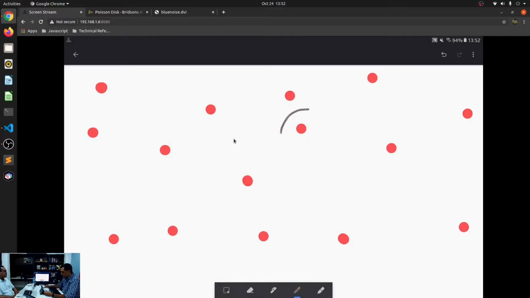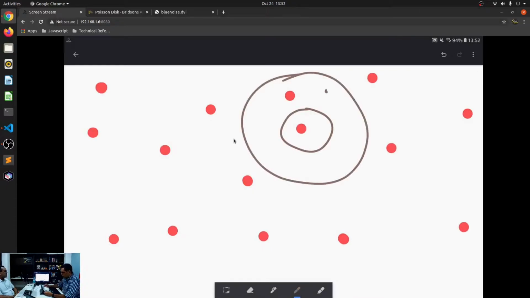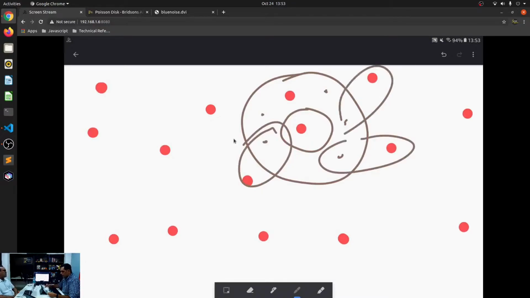This is the one that is being evaluated between R and 2R. And I'm going to put new points. These new points, we have to make sure that they are at least R distance away from all of the existing active points. So we have to make sure this is away from this, this is away from here, this is away. But how long will they go and check the R distance?